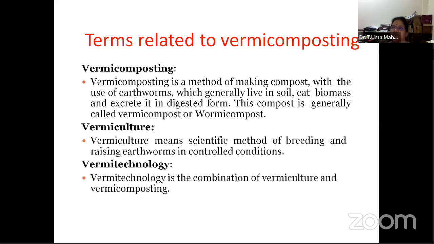That is the type of business we call vermiculture, that is, rearing of earthworms to give as inoculum to the people who want to start vermicomposting. So we have vermiculture and vermicomposting. All this is the vermi technology, which is a combination of vermiculture, that is the multiplication of the worms, and vermicomposting, that is the production of vermicompost organic fertilizer. These are the two processes involved in utilization of the waste material. Those are the two terminologies we need.